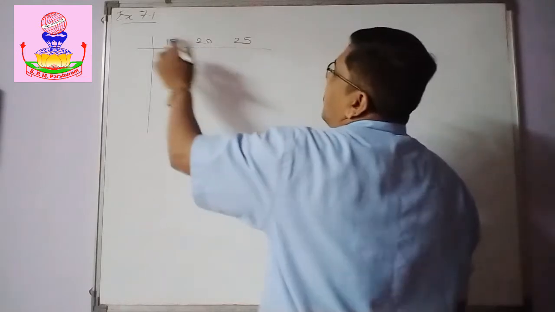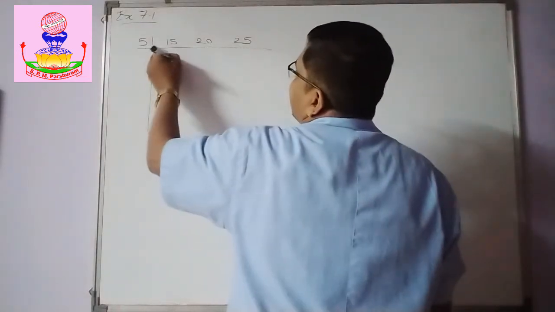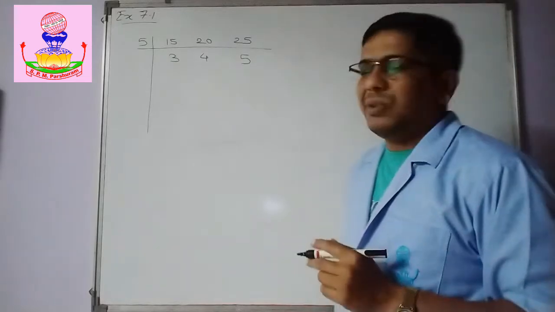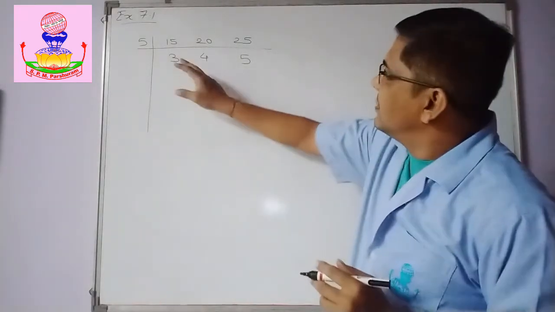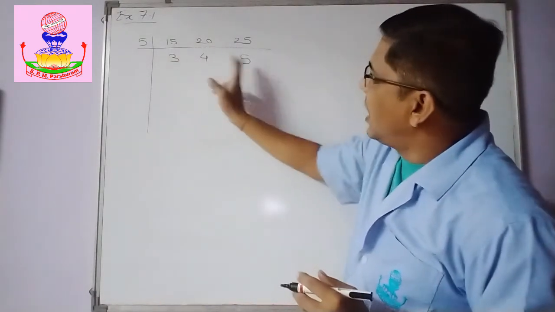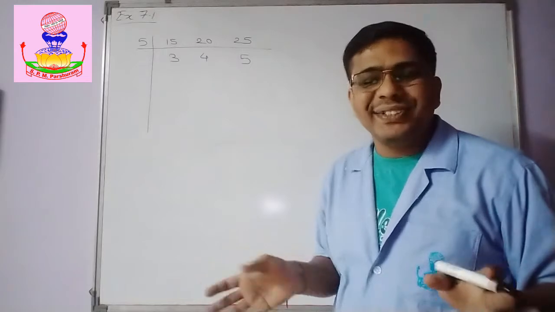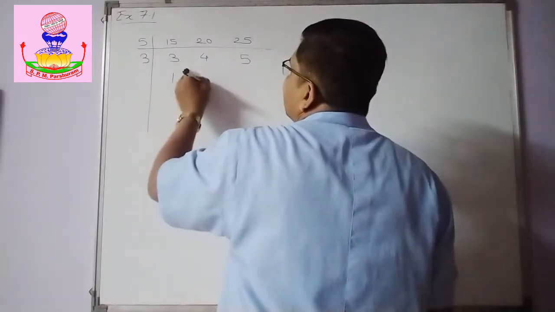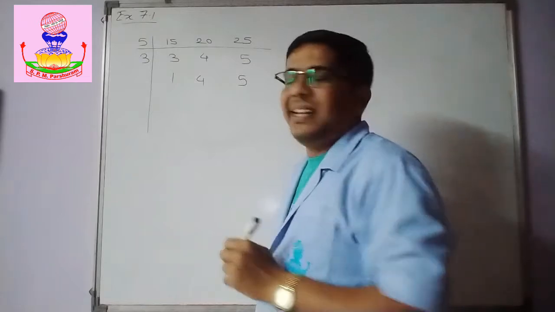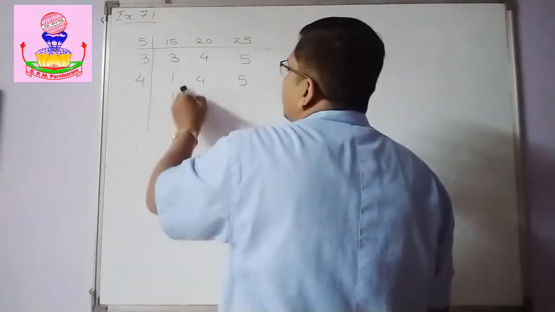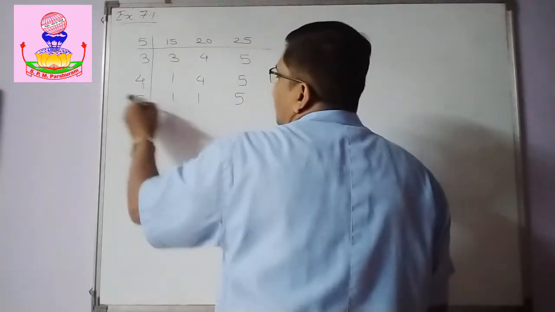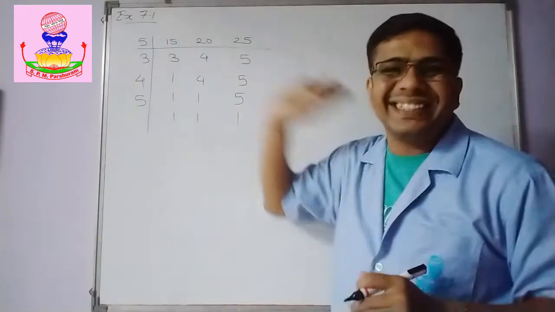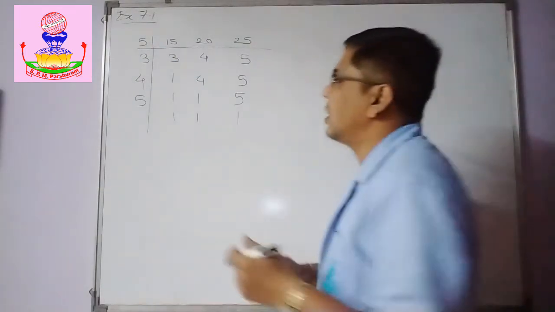Now you are supposed to find the LCM. So what do you do? These are divisible by 5. Straight away 5: 5 3s are 15, 5 4s are 20, 5 5s are 25. Now if you see here, none of them have any common factors, so straight away we can use them. So see what I do. 3 1s are 3, 4 as it is, 5 as it is. Then 4 1s are 4, 5 as it is. Then 5, 5 1s are 5. So everything is 1 here. Now multiply this. You will get the answer.